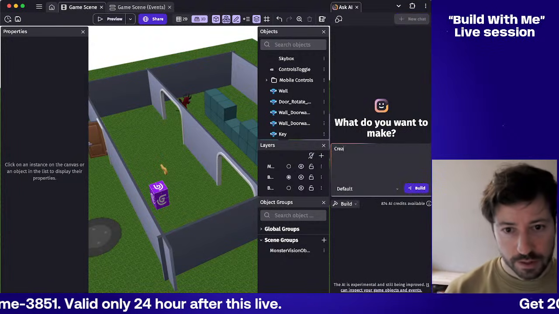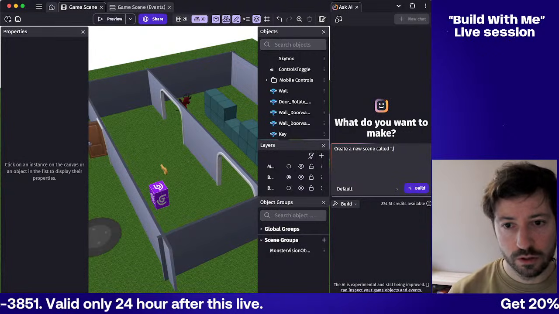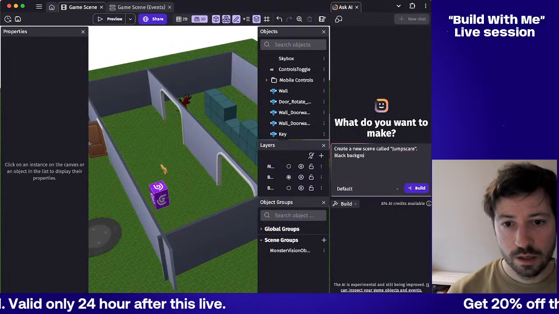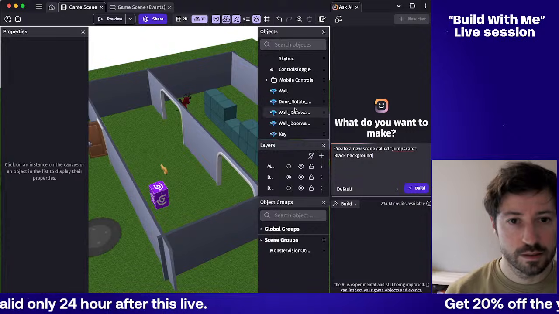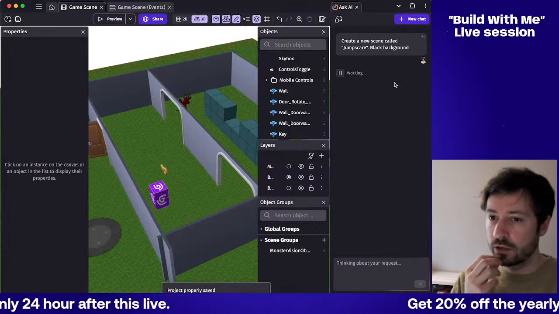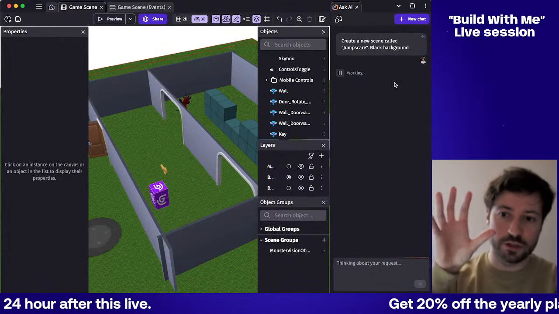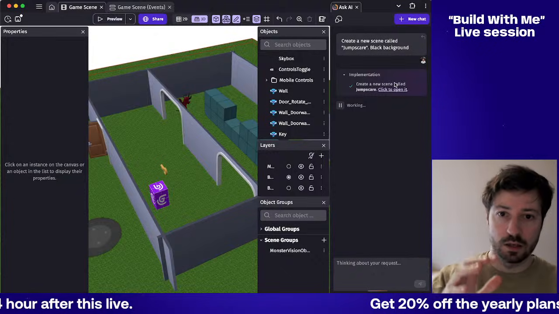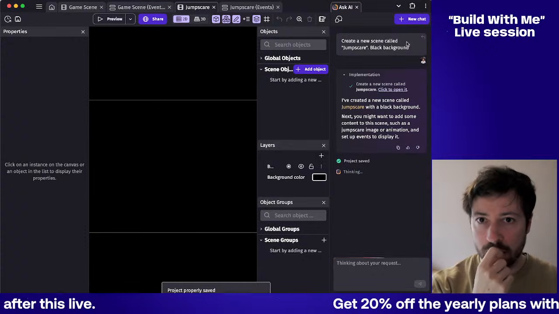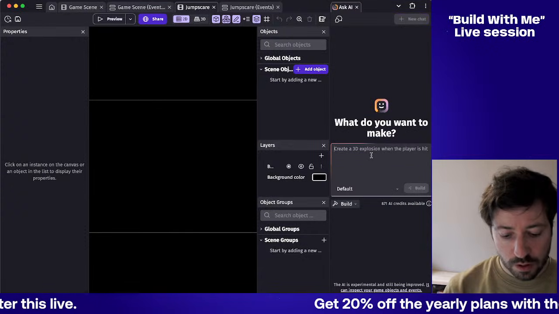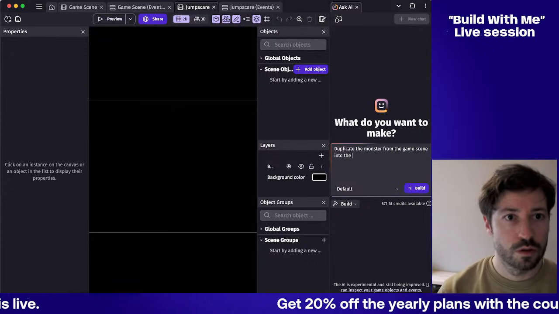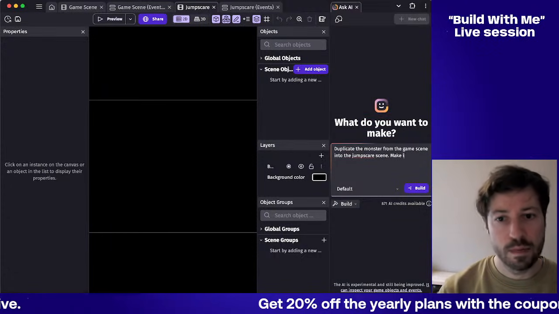Let's create a new scene called jump scare. Black background, and that's not enough. I'm thinking about what we could do in the jump scare scene. We could display the monster that we have there. Okay, so that was fast. That is the scene, and we could duplicate the monster from the game scene into the jump scare scene and make it